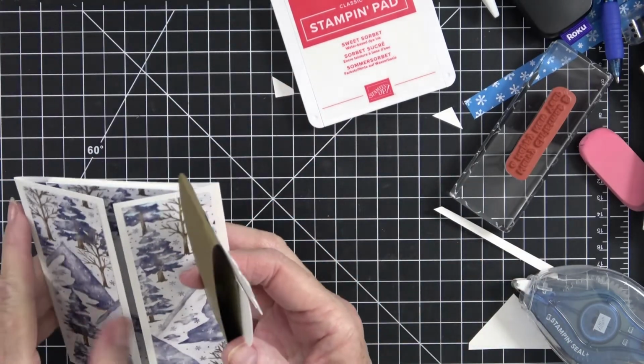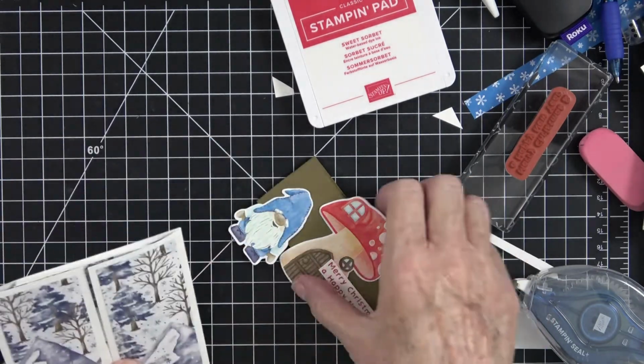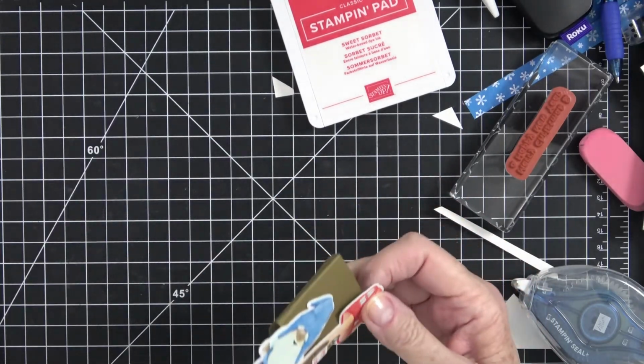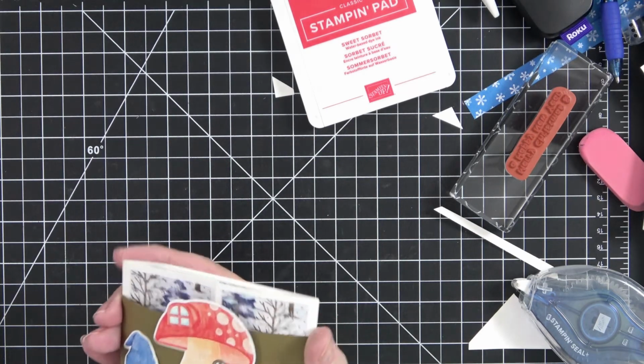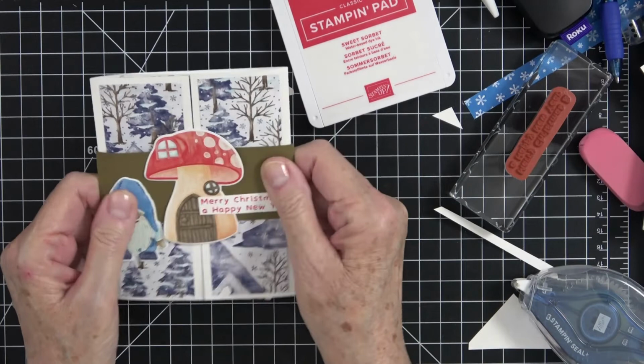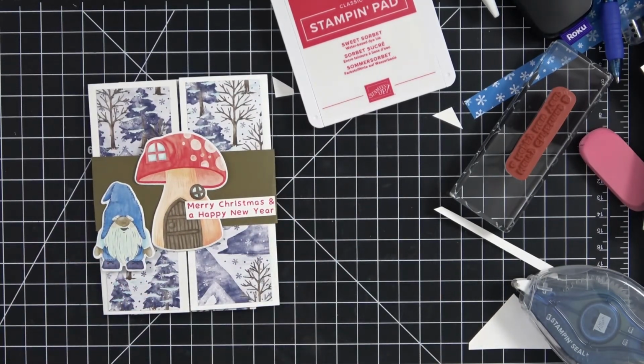So we have this card ready to go. So how cute is this? So now we can go ahead and slide that down. I think the only thing that we're missing is maybe some gems. So I'm going to look into my little box of goodies, and I think